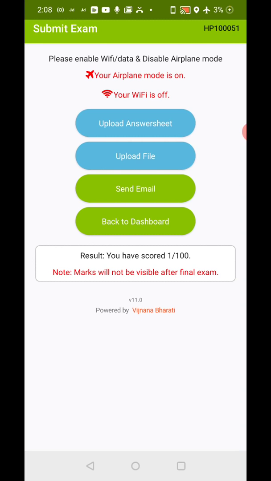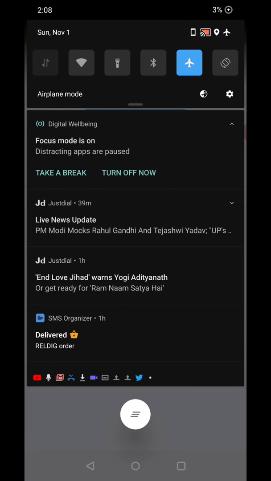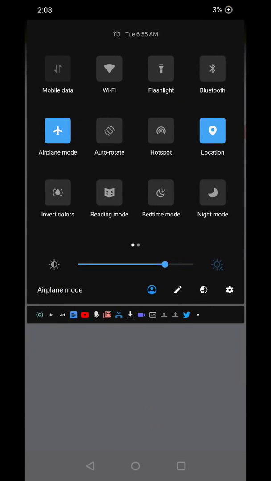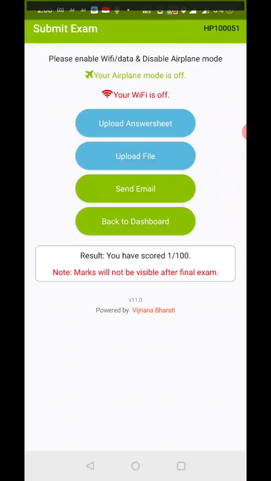To do that, I have to enable my Wi-Fi or my packet data. So I'll disable my airplane mode, and now I can upload using any of the three methods. I will suggest you upload using all three methods. So first I'll do the upload answer sheet.